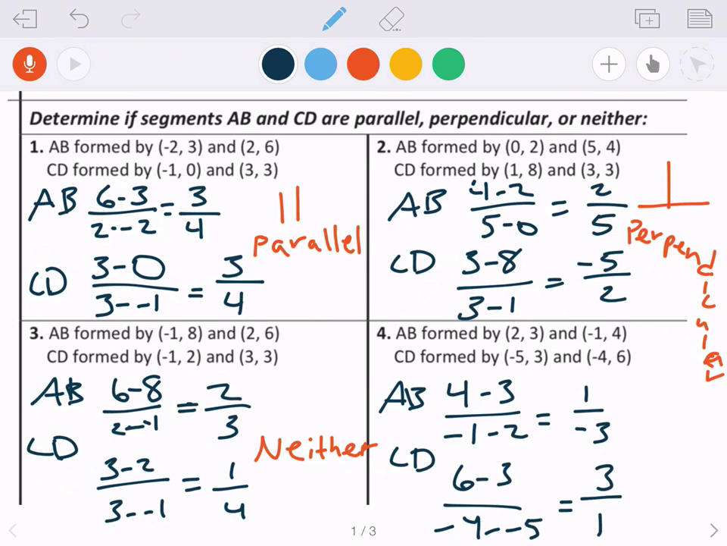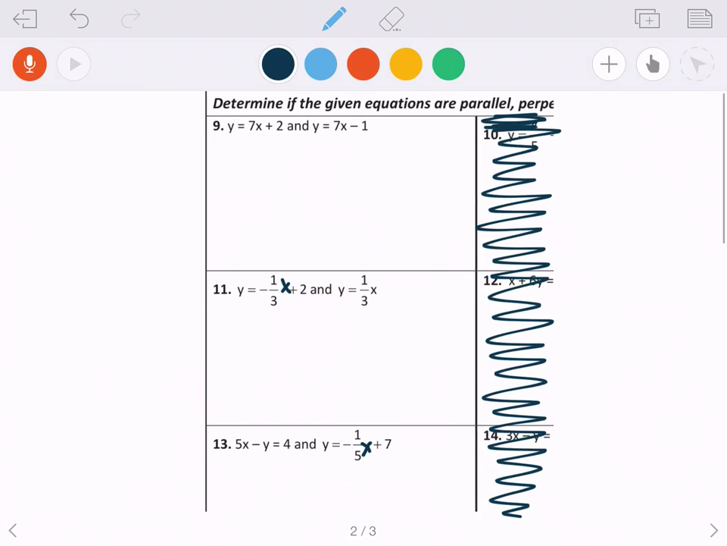So as you can tell, AB is a slope of negative 1 over 3, and CD is a slope of 3 over 1. So these fractions are flipped, and also AB is negative and CD is not, so these lines are going to be perpendicular. So moving on,